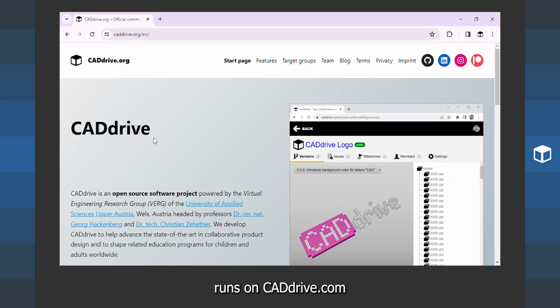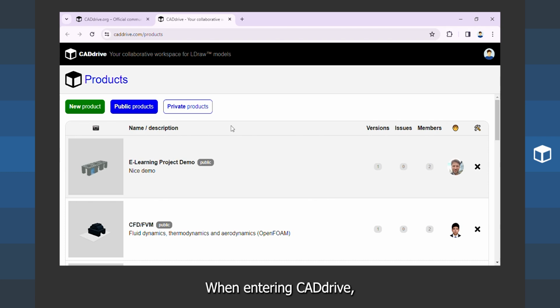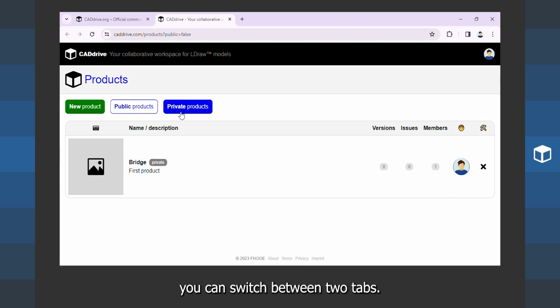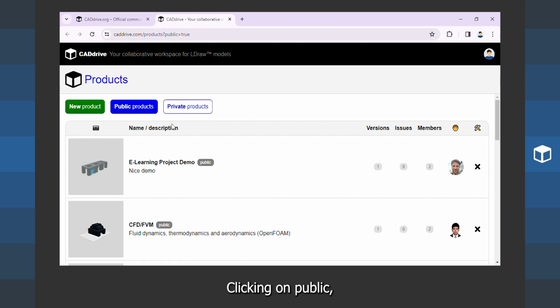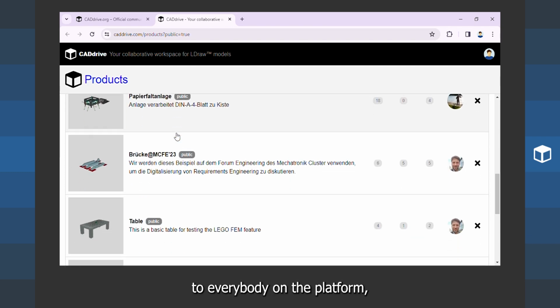CADdrive itself runs on CADdrive.com. When entering CADdrive, you get the screen with the overview of projects. You can switch between two tabs, public and private. Clicking on Private, you can see only your own products that you made invisible for the rest. Clicking on Public, you can see the list of products that are visible to everybody on the platform, even if